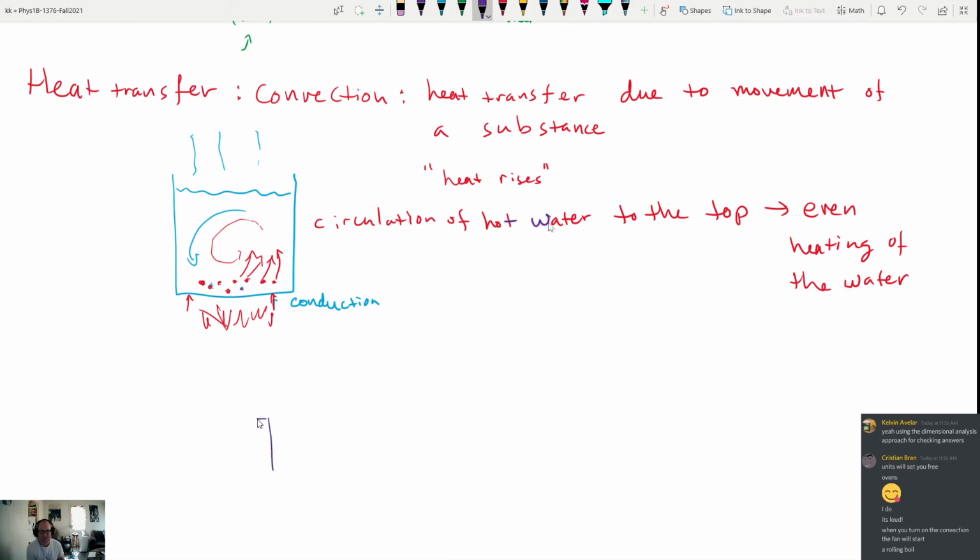I'll give you another example of this, which is in a home. If you have a house, and let's say we're just going to look at one big room of the house. Let's say in your house you have a radiator downstairs and there's vents in your home, okay? So there's a vent right here, and that's where your heater shoots out hot air. So you've got hot air that comes in here. What does it do? It tries to rise to the ceiling. It pushes cold air down,